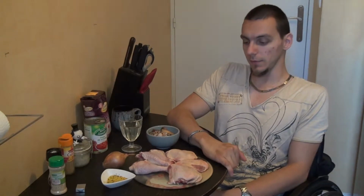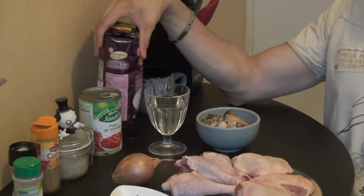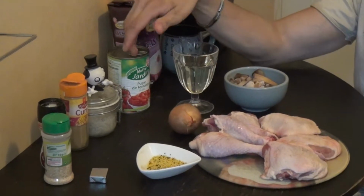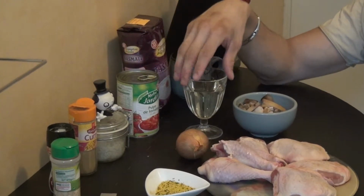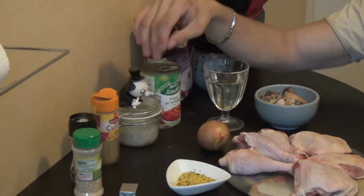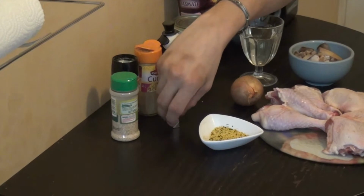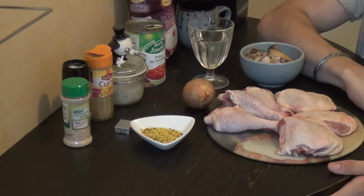Alright, so the ingredients for the chicken. Obviously you need chicken and rice. You can use any kind of rice that you prefer, which is for cooking and not for desserts. That's up to you. Other than that, you'll need an onion, some tomatoes in a box or fresh tomatoes, some dry white wine, and then in terms of spices you need a little bit of salt, some curry, some black pepper, some garlic, dry or fresh, chicken stock cube, and lastly I'm going to use a universal chicken spice